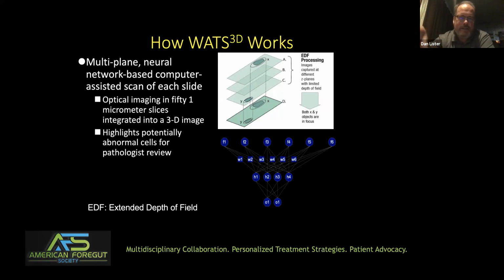So it's almost like taking a CT scan and doing a reconstruction. And it allows the computer, using artificial intelligence models, to pick out the most worrisome cells, which it then presents on the screen to the pathologist, and the pathologist can look at them with a variety of stains to give a diagnosis of